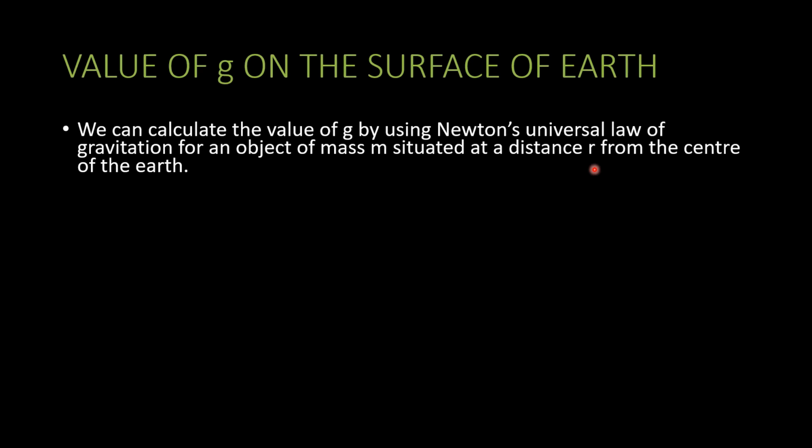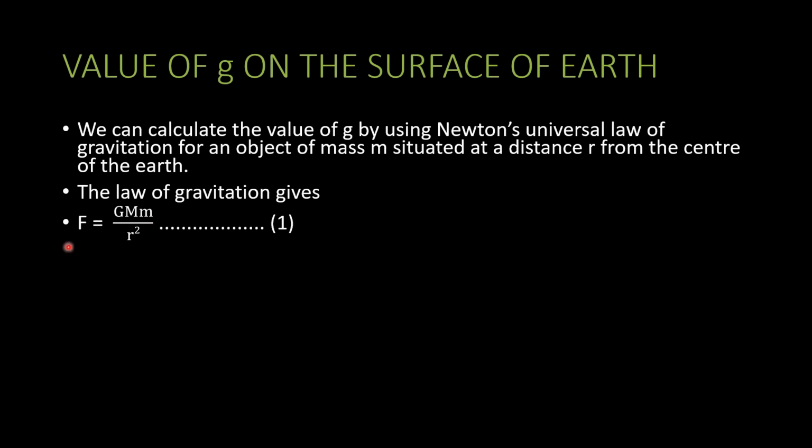Children, we know that r is representing the radius. Here we are taking small r for some time, and using this in the law of gravitation, we will get F is equal to G capital M, which is nothing but the mass of the earth, and small m, the mass of the object we have taken, upon r square, where r is the distance between the center of the earth and the object. Then F is equal to mg.